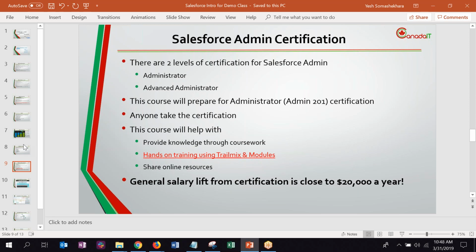It's going to be a lot of hands-on training, and people love that, and I'm sure you will all do that. And why certification? If you have decided you want to go into Salesforce, as I said, there's a huge market of Salesforce out there. And if you're in the Toronto area, companies are now accepting the idea of cloud, and it's becoming a big, big thing in Toronto. Cloud-based applications, not just Salesforce.